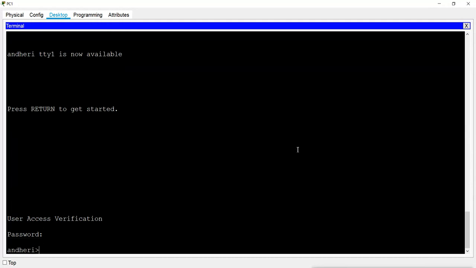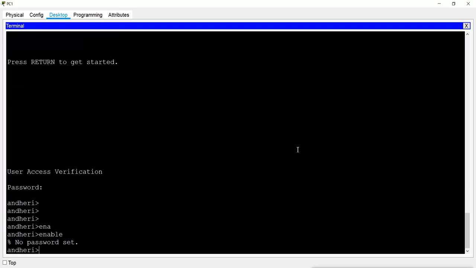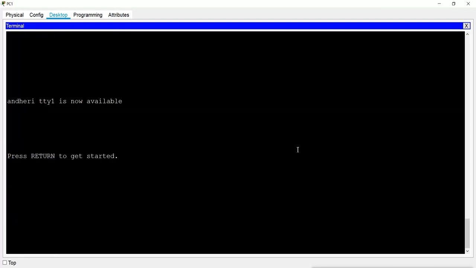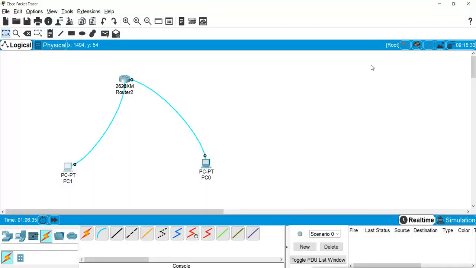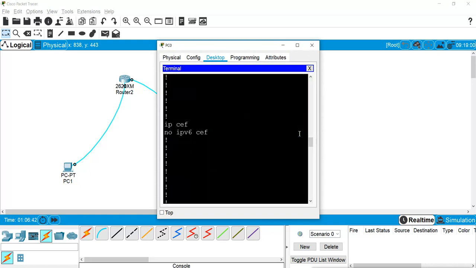So you can go to the user mode, but you cannot go to the privilege mode because there is no password. And if you can't go to the privilege mode, you cannot go to the global configuration mode. It says that is a wrong command you are giving. Because you can't go there, you cannot configure it. So configuring the password for the privilege mode, you can do it only from the console port. This machine is connected to the console port, and I can do it from here only.